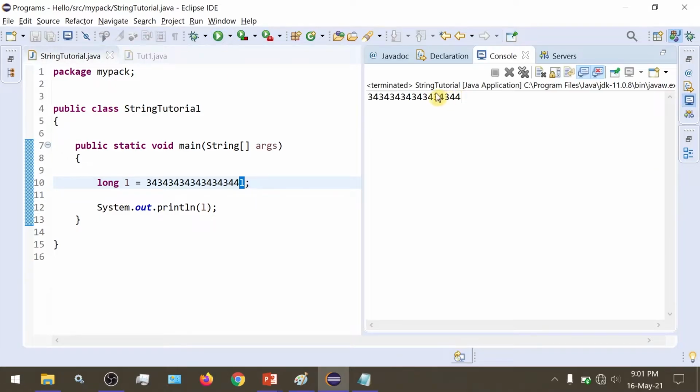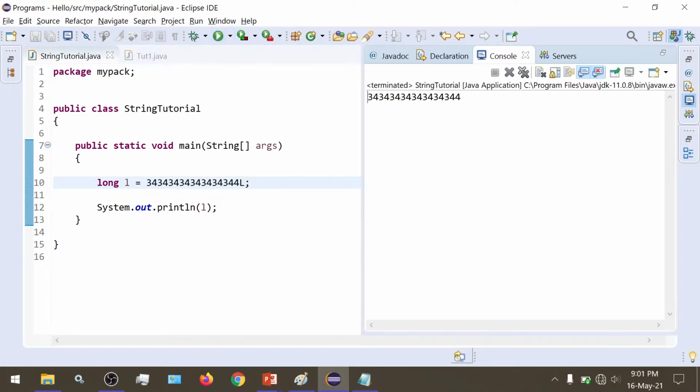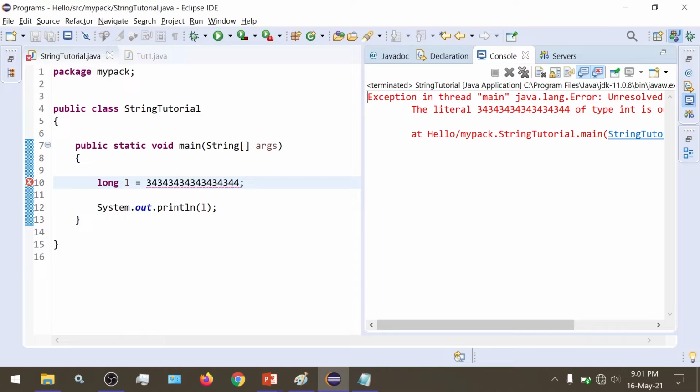So now we get our output because we have specified that this value is a long by putting the character L. Small l or capital L doesn't matter. If we remove this, it would consider it int by default, and we would get an error.